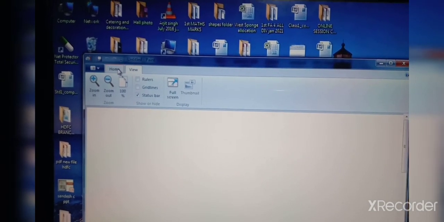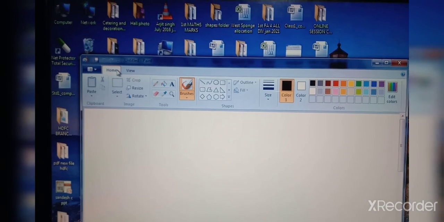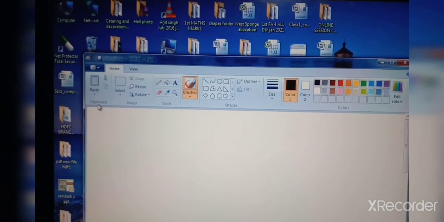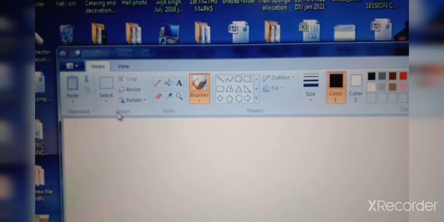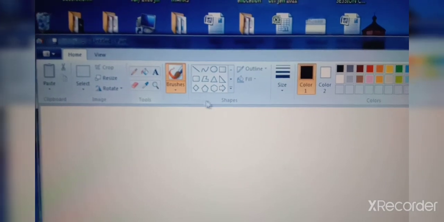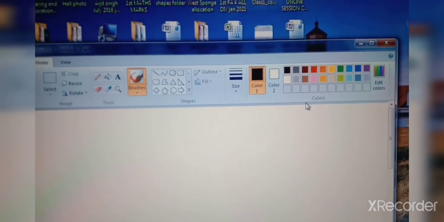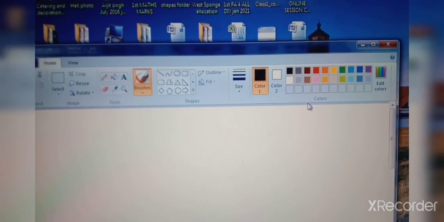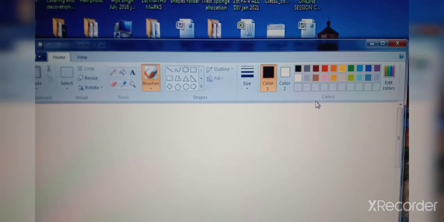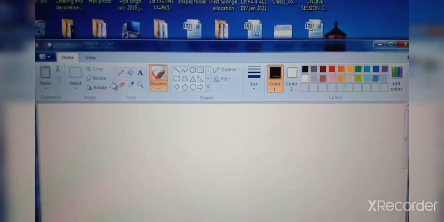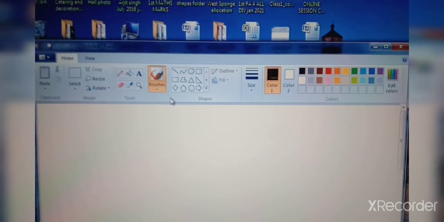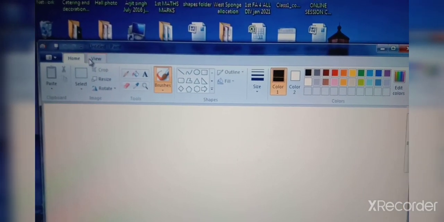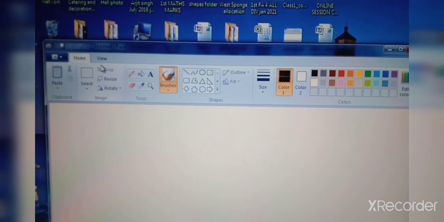The ribbon consists of tabs, groups and commands. You can see Clipboard, Image, Tools, Shapes and Colors. These are groups. Okay children, and in these groups you can see different commands, different options.